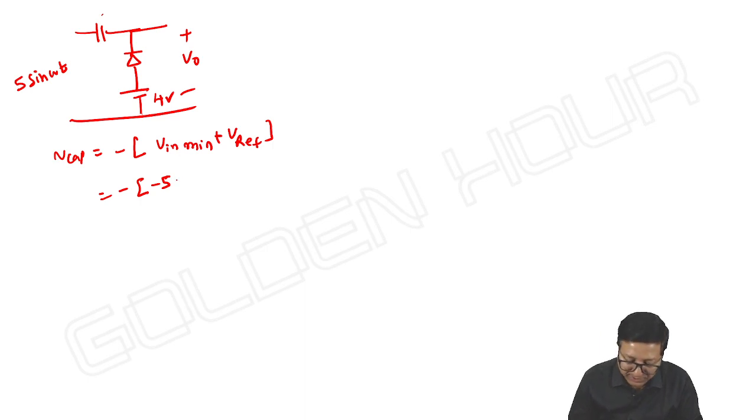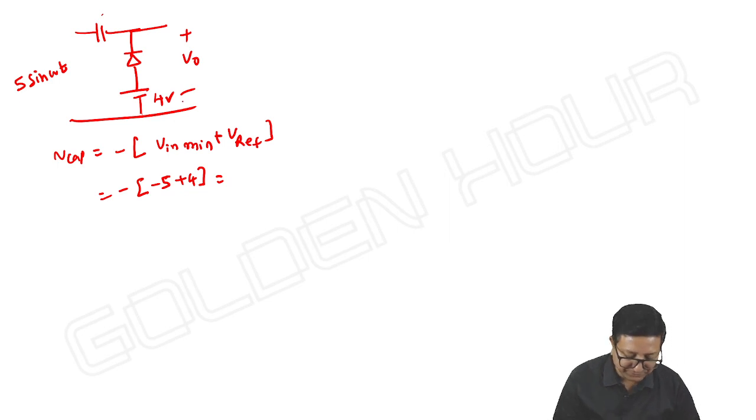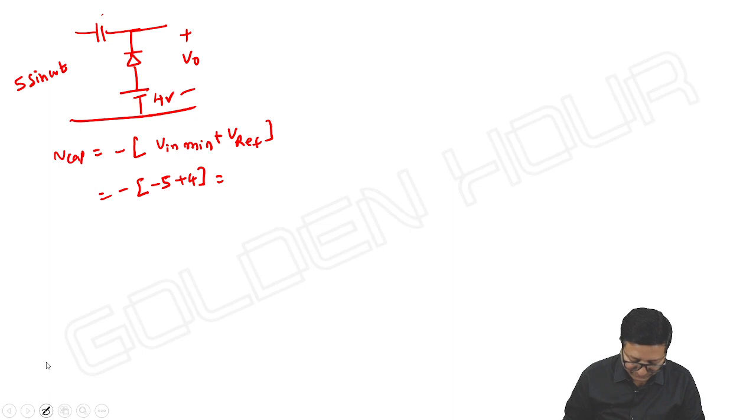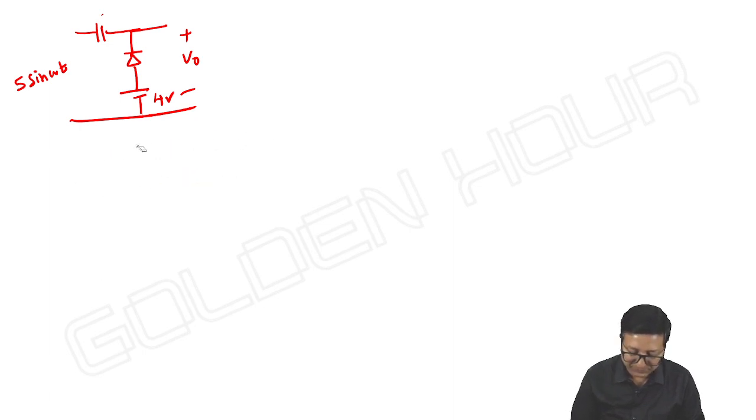Here minus 5 plus 4, it is equal to, just wait. If I write directly, it's a problem. Okay, once diode is on,